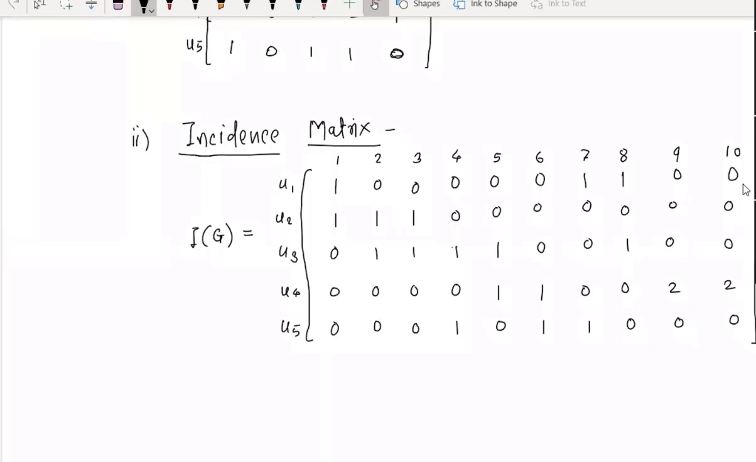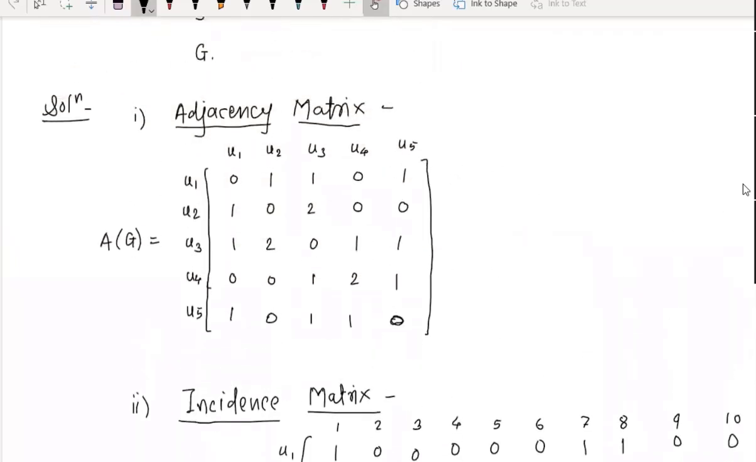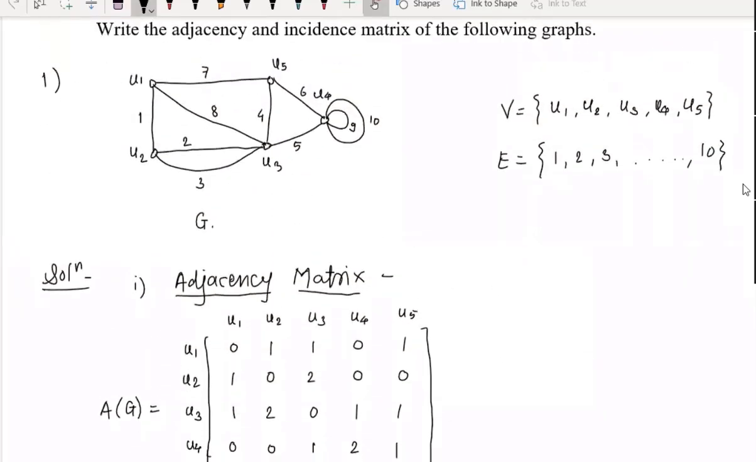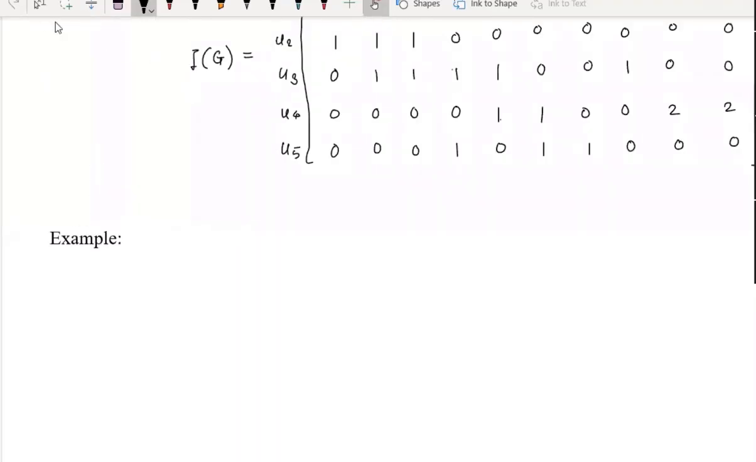That means if you are given either an incidence matrix or an adjacency matrix, then from the matrix you have to draw the graph also. Okay. Now let's take the reverse example. That means if the matrix is given, then how to draw the graph of that matrix. Okay, so the example is: draw the graph